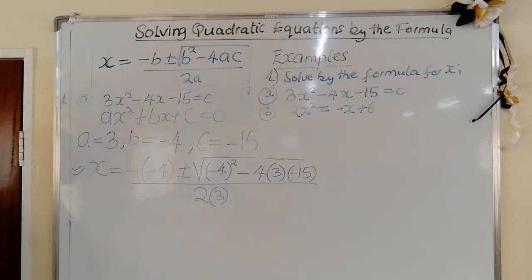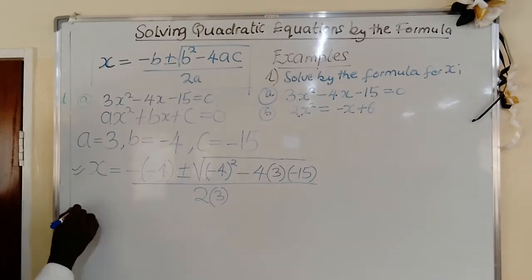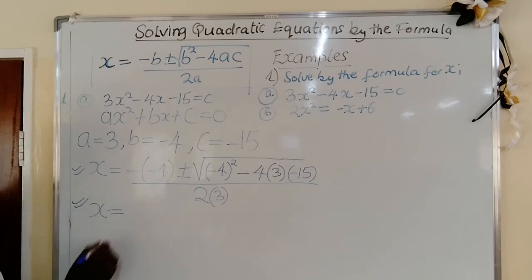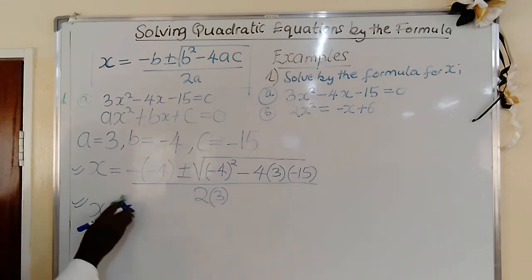When you are substituting in the formula, whatever number that you substitute for a letter, you have to put it in brackets. So let's continue from here. We have x is equal to